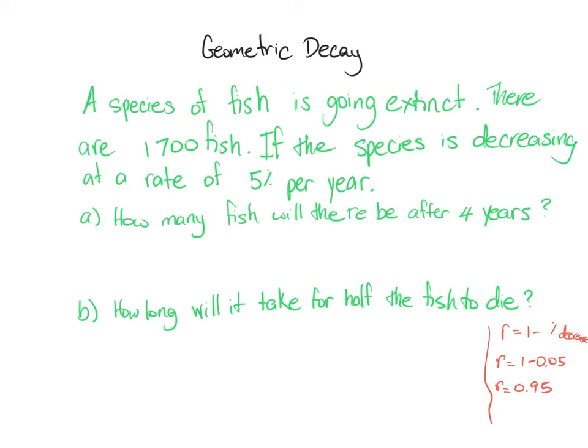Okay, so doing everything we did before, Un equals U1, that's our starting value, 1,700, times r, which we just determined is 0.95, and we're doing it the easy way this time, raised to the time. Time is 4 years, so we can just raise it to the power of 4. We put that in our calculator and we get